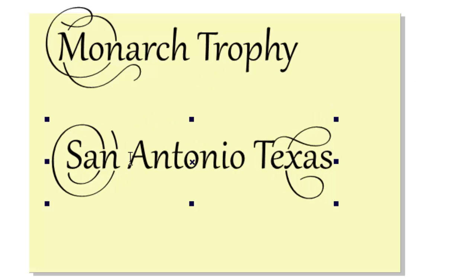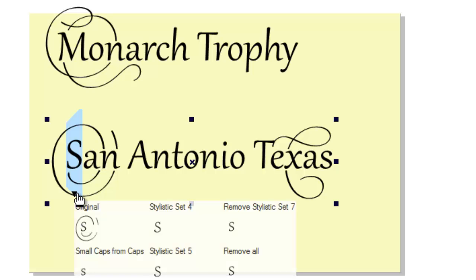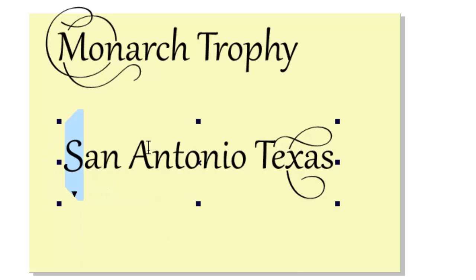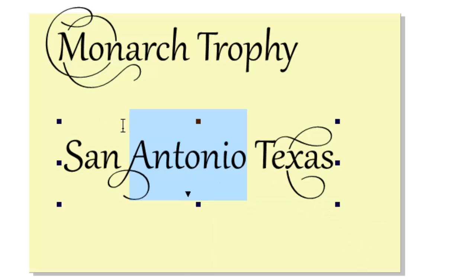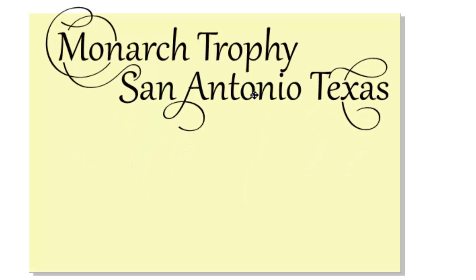I have an idea here of something I want to do, so I don't want that fancy S. So I'm going to turn that off, go with just a regular S, but maybe something a little nicer on San Antonio. And yeah, I'd like that. We'll select that and see if we can nestle that right up in here. What do you think? I'm trying to illustrate that this is editable text, that we can do anything that our